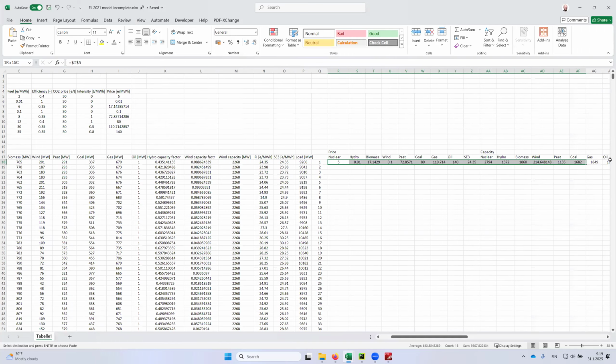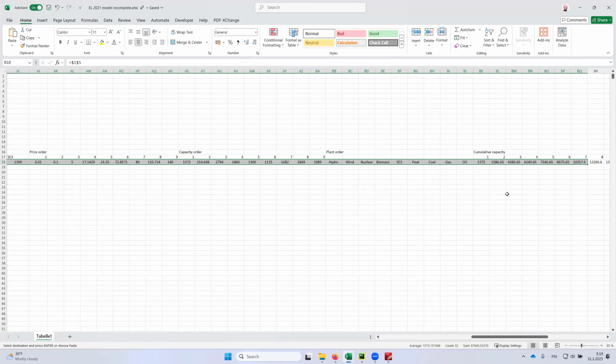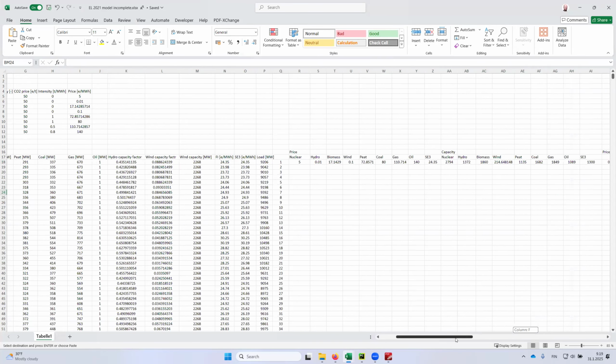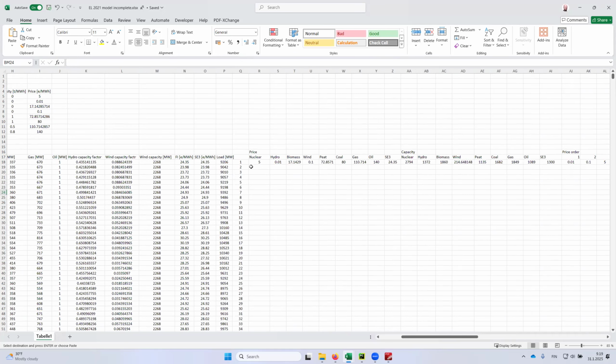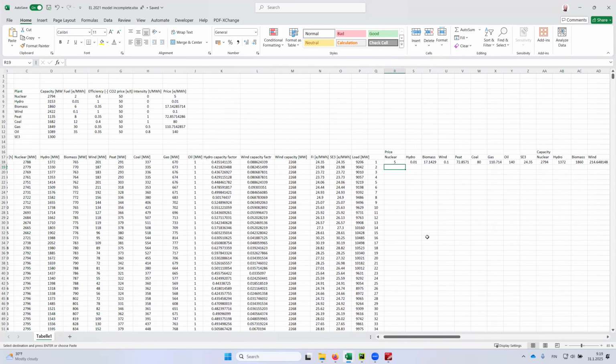So the first row is going to be the kind of model or the example that you can use. So in here, what I have done is I have just